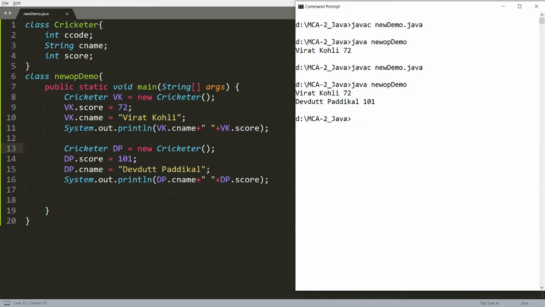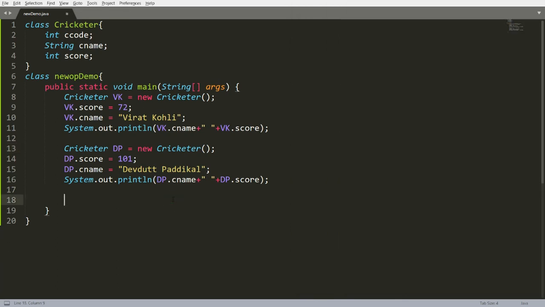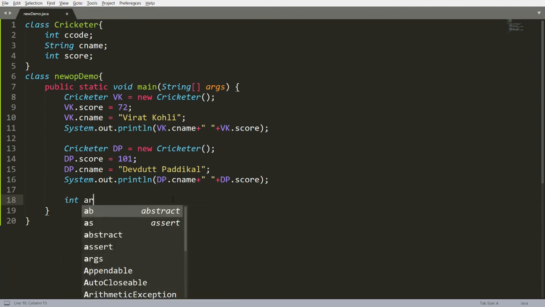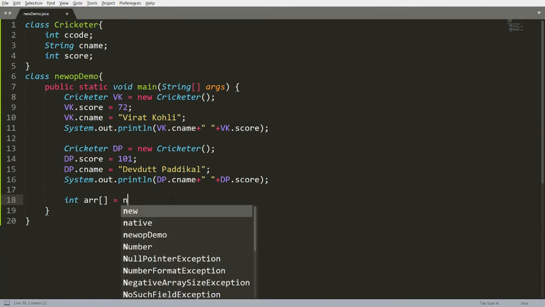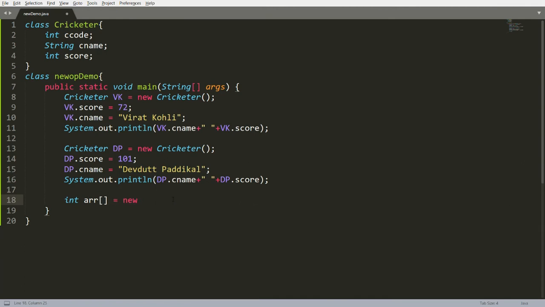Not only this, using new, we can create an array object also. For example, I want to create an array of 10. So I am writing here int arr array is equal to new int of 10. So what will it do? It will create 10 new integer values.